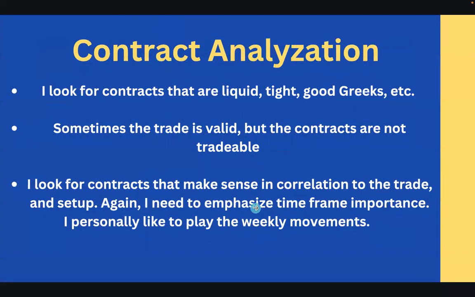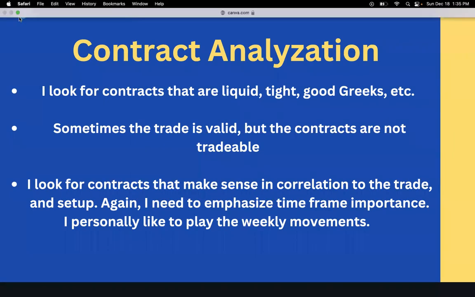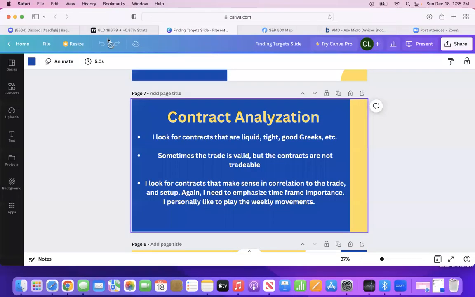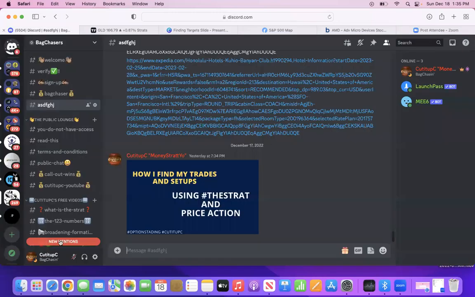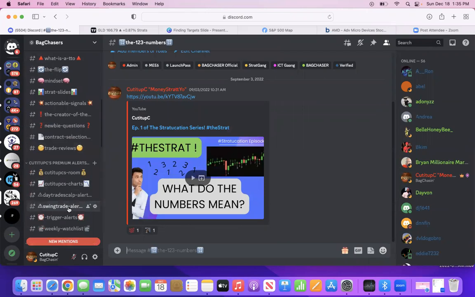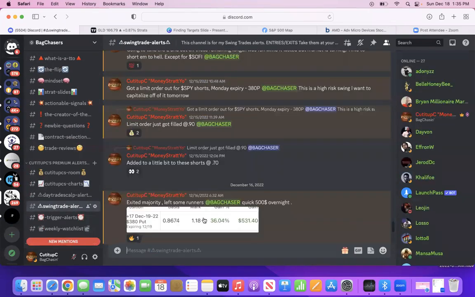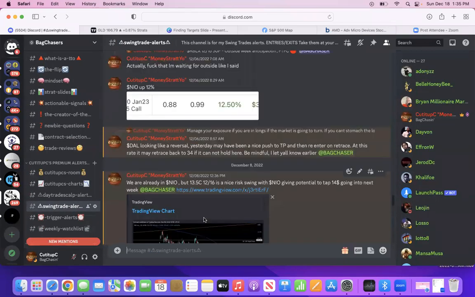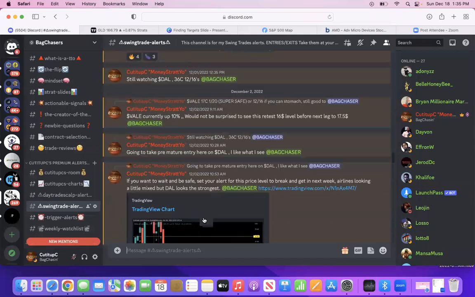If I know where price is going to go on the week, if next week's are cool, then yeah, I'll grab next week. But usually it's monthlies. And usually we can hold those monthlies for a couple days and hit 100%. It's not like you need to be taking such high risks on weekly setups and weekly contracts, right? Like, just for an example,